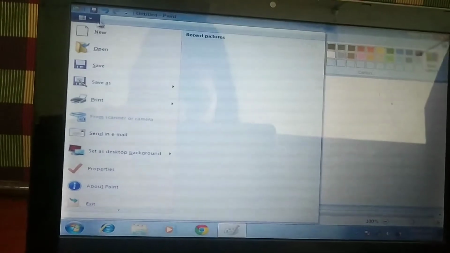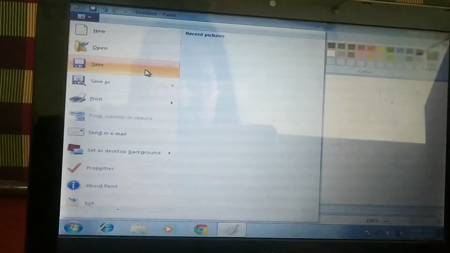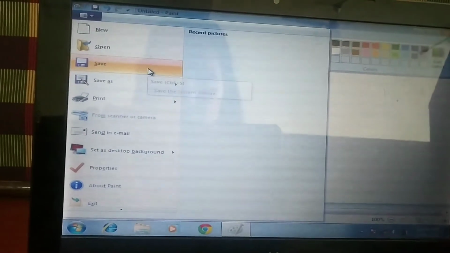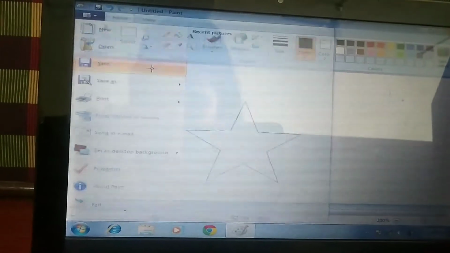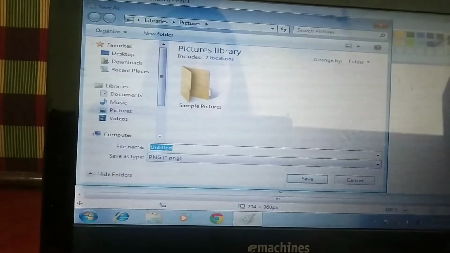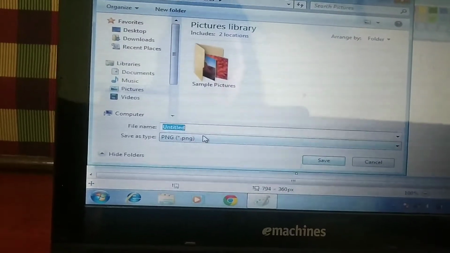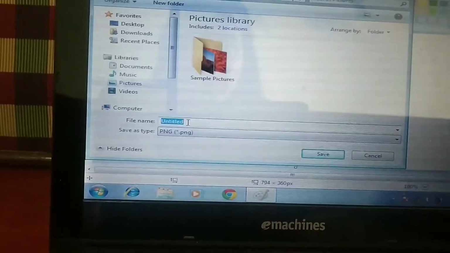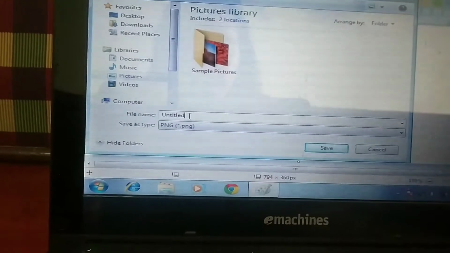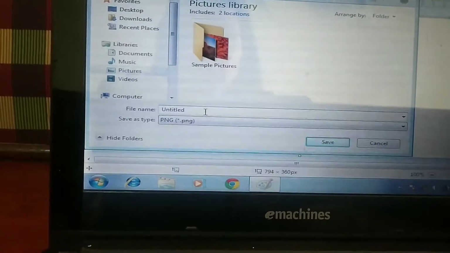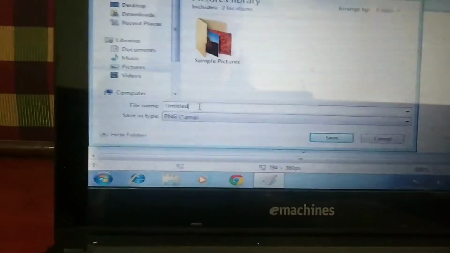First, I will click on the Paint button. Now I will select the Save option. Once I click on Save, a dialog box like this will appear. Now you can type the name here. What is written over here? Untitled.